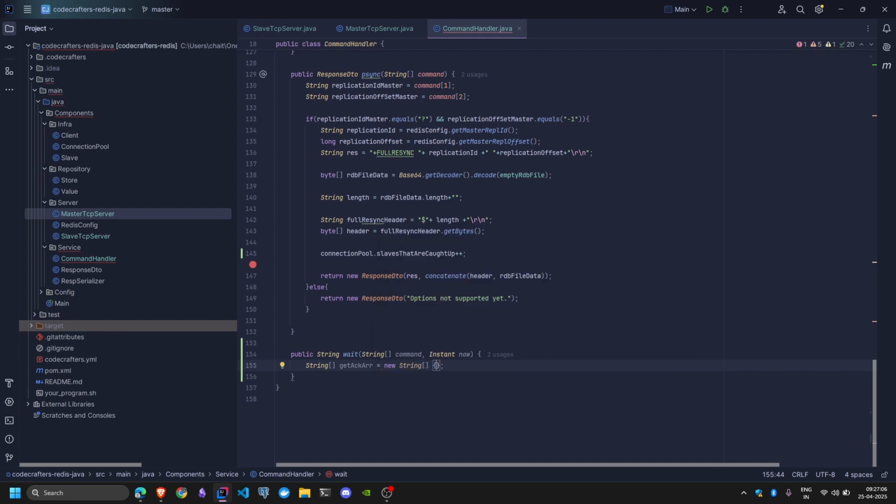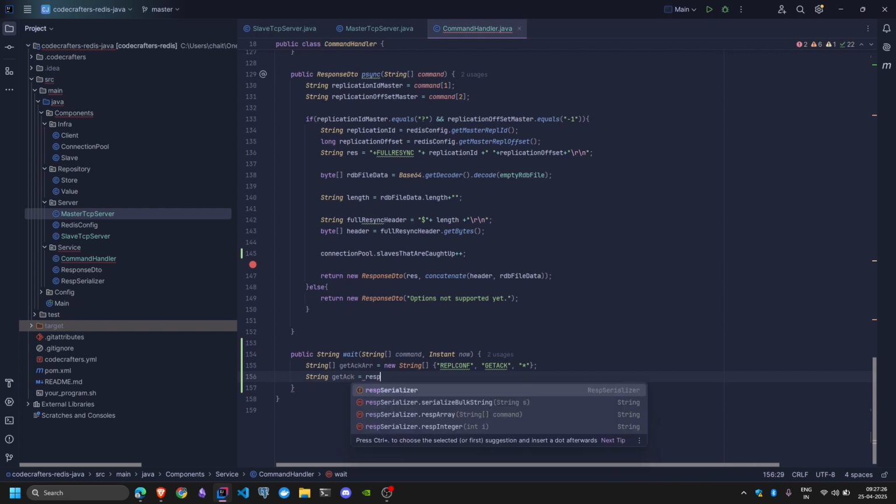We'll use our RESP serializer for that. REPLCONF GETACK *, and the string that we need to send down, let's just call it getAck, and RESPSerializer